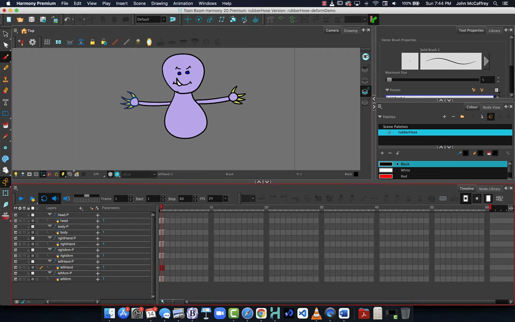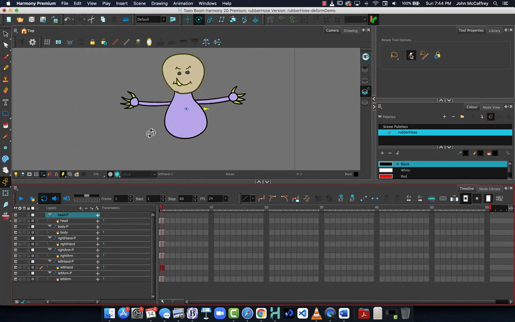So with my layers set, as always, what we want to do, and this is just a good practice and it will set things up so that it will work a little bit better for us down the road, is to get all of our pivot points organized before we start doing anything. Now sometimes you can do steps in different orders, sometimes you can skip steps, and